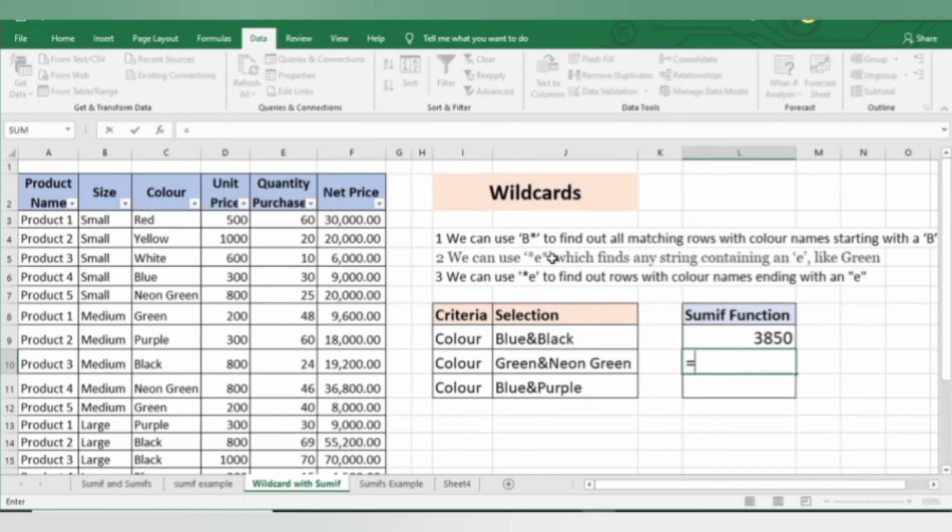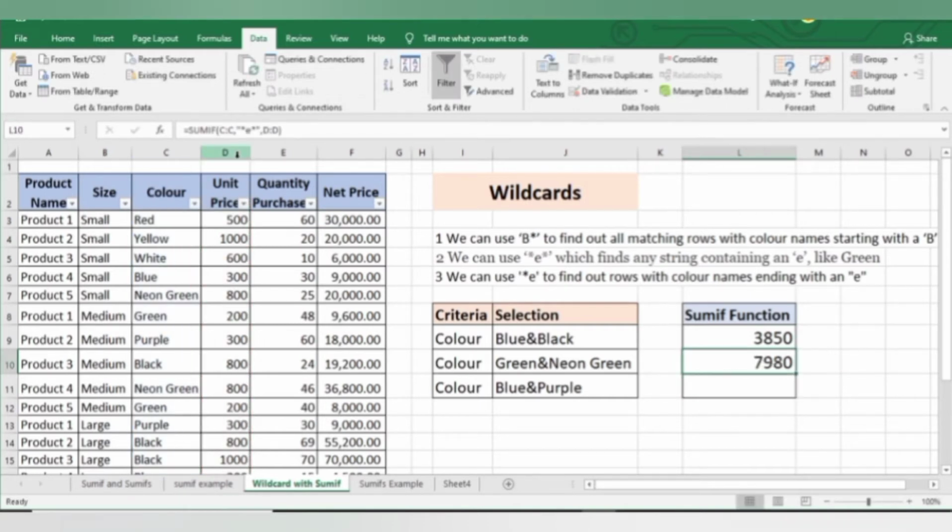Equal to SUMIF, my range is this, then comma, my criteria is type star E star in double inverted commas, and then my sum range is my unit price, and then press enter.